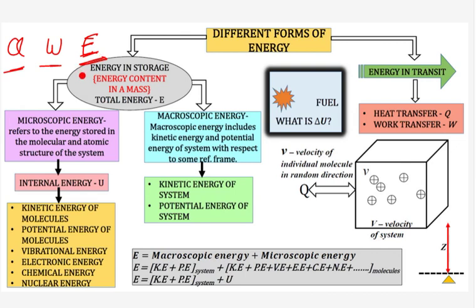We'll understand first this energy E, then this work transfer, heat transfer in thermodynamics, and then we'll go to the first law of thermodynamics. Then only we can study the first law of thermodynamics. So let's first understand what is this E, the total energy. For that, different forms of energy. So we divide these different forms of energy.